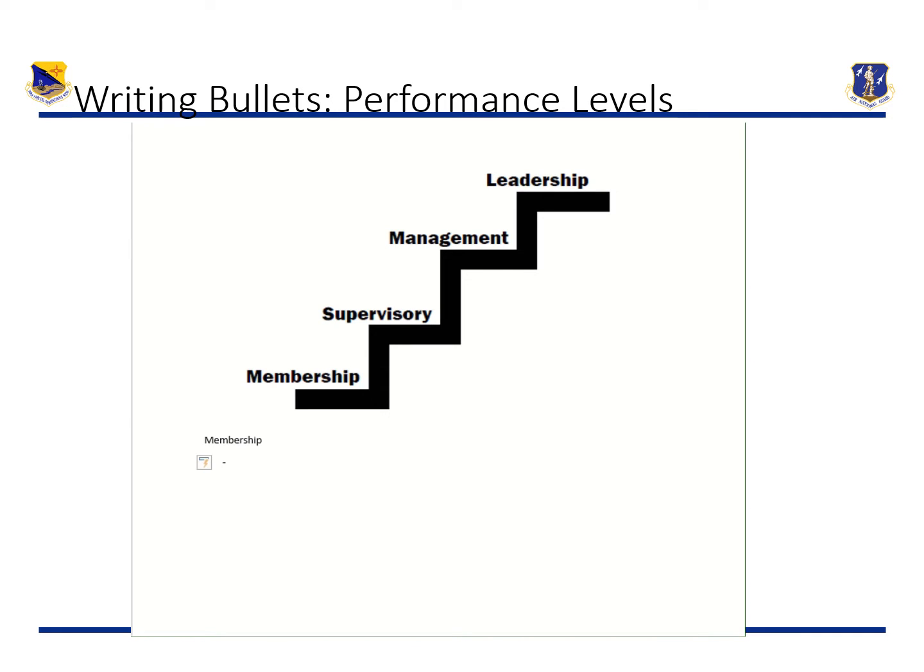And so our first level is the membership level. And typically, again, like we were discussing just a minute ago, this is more towards the tactical level. It's more about job performance and your primary duties. And whenever you see bullets at this level, membership level, typically you'll see more like assisted, maybe supported, which is a very commonly used one, participated. Or even volunteered.